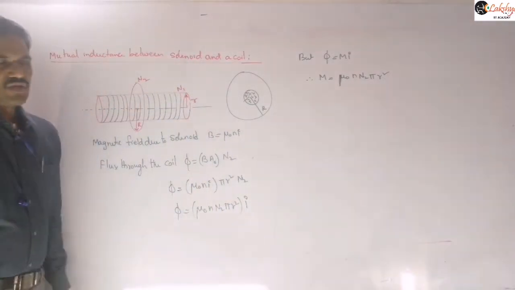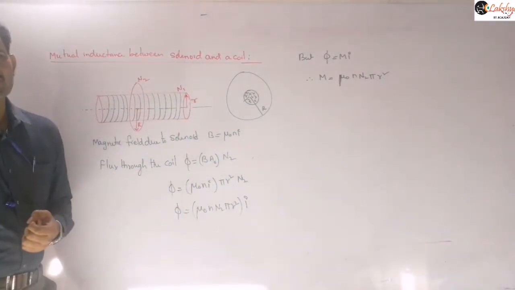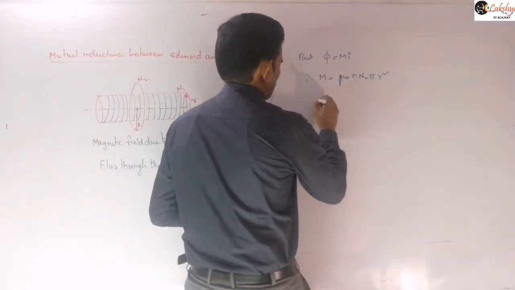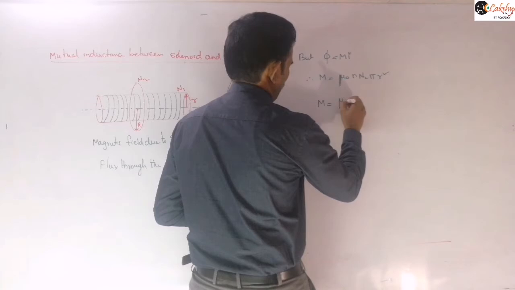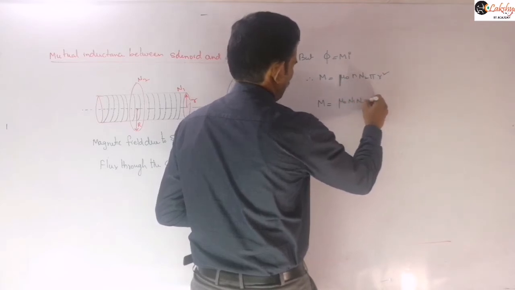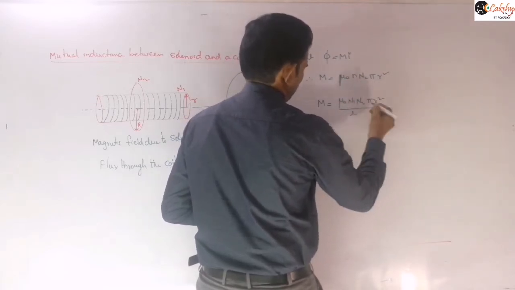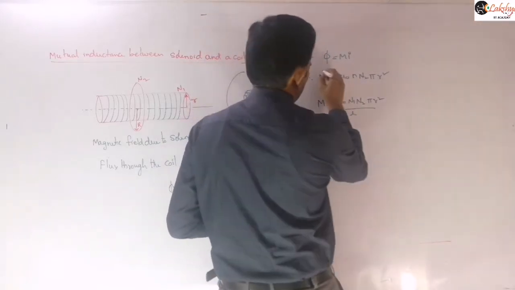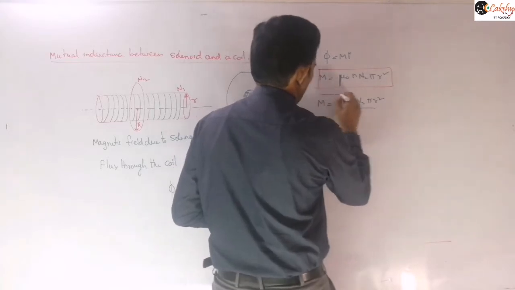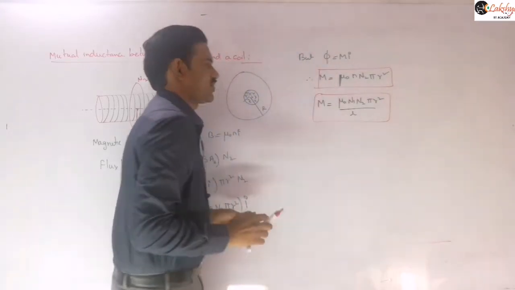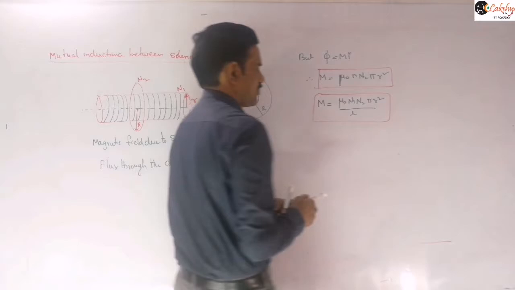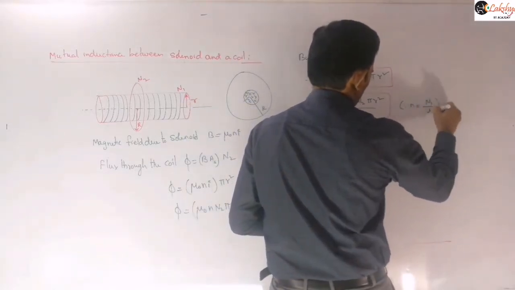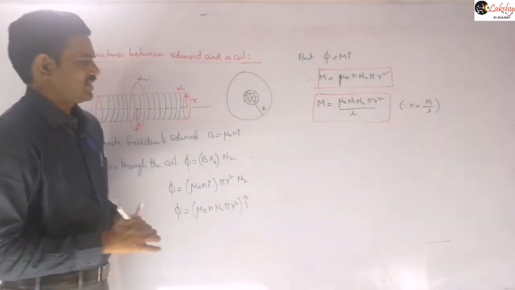Is it clear? So now that N2 if you want to write, you can write in terms of this N1. So this can also be written as mu naught into N1 into N2 into pi r square by L. So that means you can also express like this, right? So generally we express like this. If number of turns of the solenoid are given, then you can also express like this. Just we are writing it as number of turns per unit length. So this number of turns per unit length as N1 by L we are writing here, just right. So that is our calculation there.